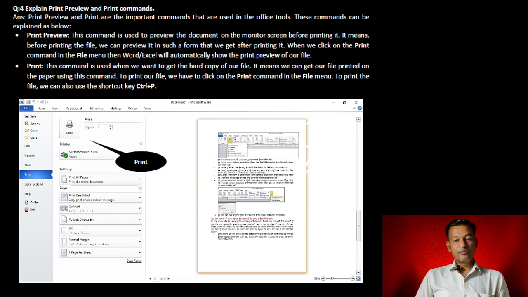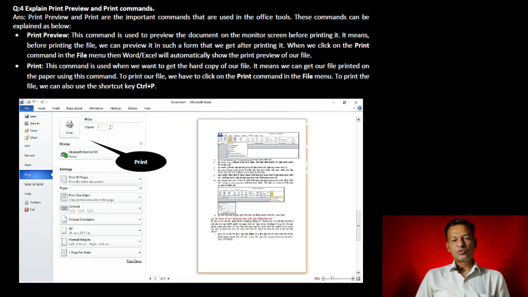It means before printing the file, we can preview it in the form that we get after printing it. When we click on the print command in the File menu, then Word or Excel will automatically show the print preview of our file.